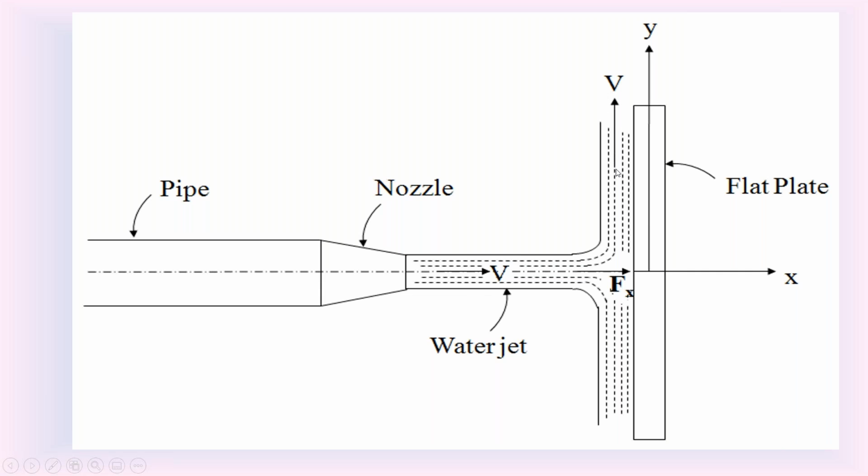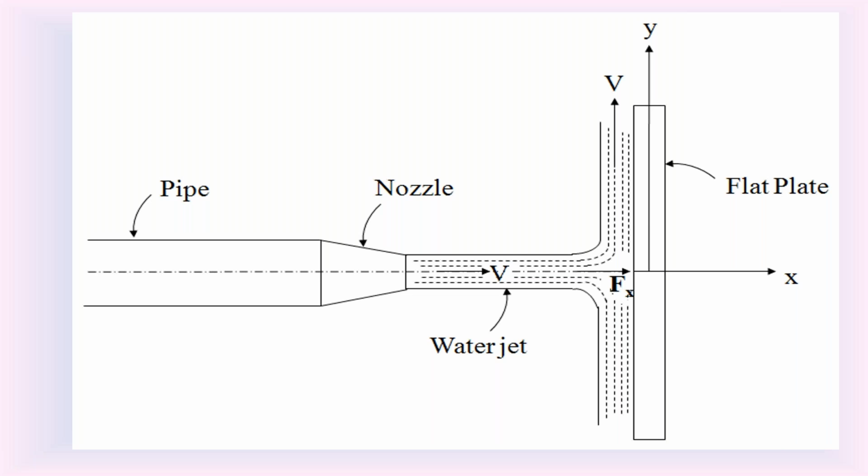Fx is horizontal. Final velocity is vertical. So the component of final velocity in the direction of force Fx is 0, because the final velocity makes an angle of 90 degrees with force Fx. So here the angle between final velocity and force Fx is 90 degrees. Just now I explained in the second case: initial velocity u horizontal, final velocity v inclined, making an angle theta with horizontal.